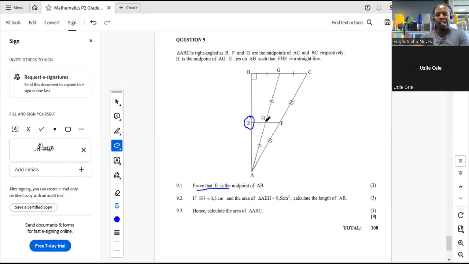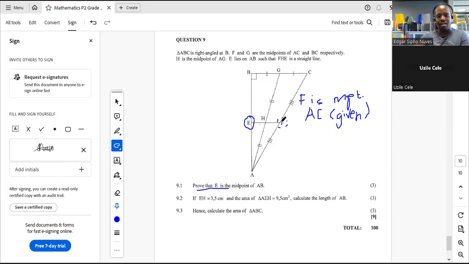To prove our point, let's work with these two midpoints. We've been told that F is the midpoint of AC. Are you with me? So F is a midpoint. I'm going to write midpoint as MPT. F is midpoint of AC. That one is given. We were told. So if F is a midpoint of AC, then